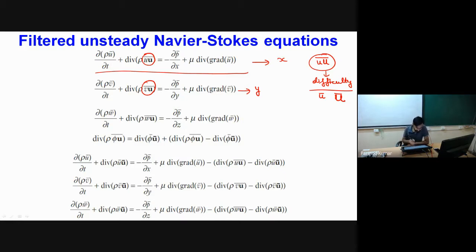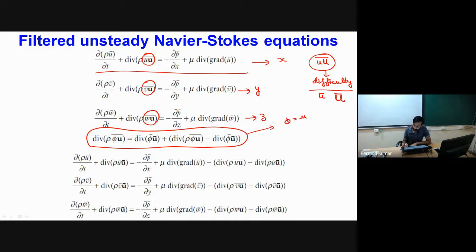Okay, and then if we talk about our z momentum equation, that also we can see similarly. So all the bar quantities are nothing but mean flow plus effect of large eddies, but this term over here is something which we have not seen earlier. So in order to generalize this term, we have considered one equation: divergence of, I have generalized this with multiplier phi. When I write the x momentum equation, I consider phi equal to u. For y momentum, I can consider it as v, and for z momentum, w.